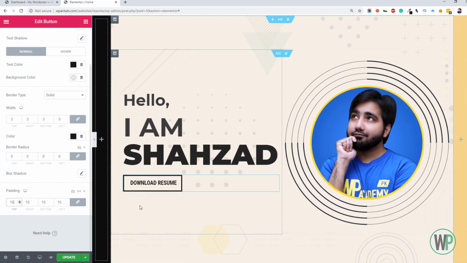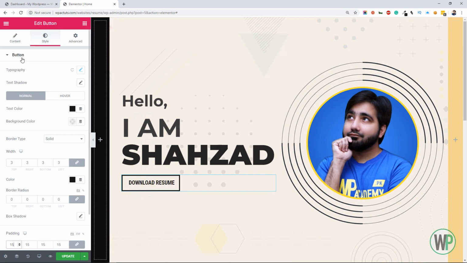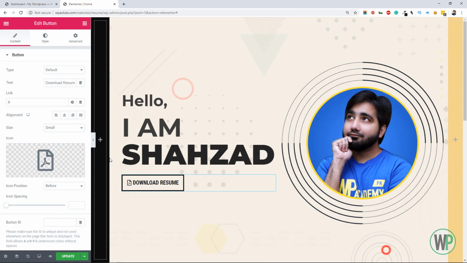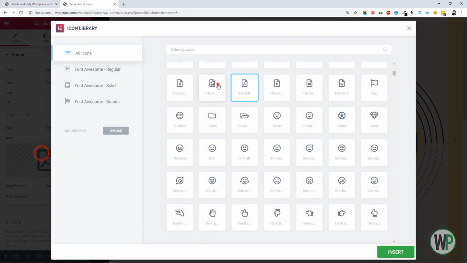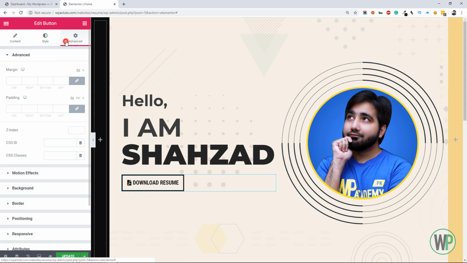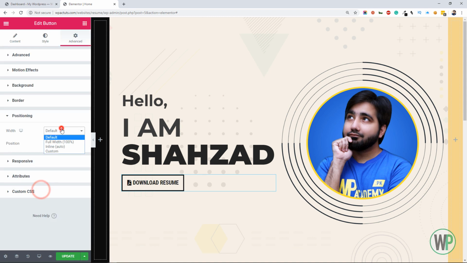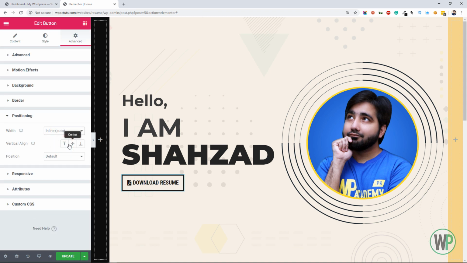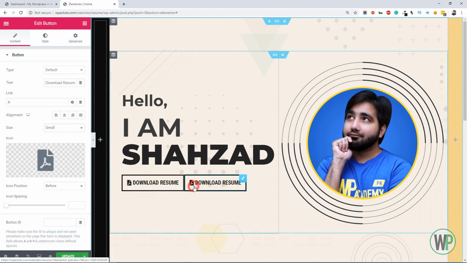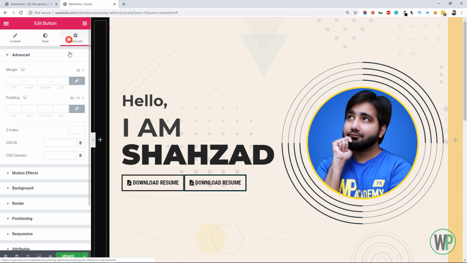Okay, that looks good. Let's assign an icon to this button. Okay, now go to positioning and set to inline auto, because we are going to align two buttons side by side, so you need to make sure that those are aligned inline.